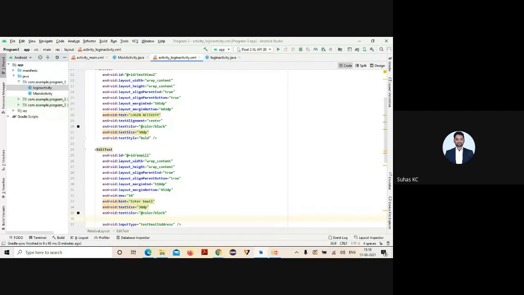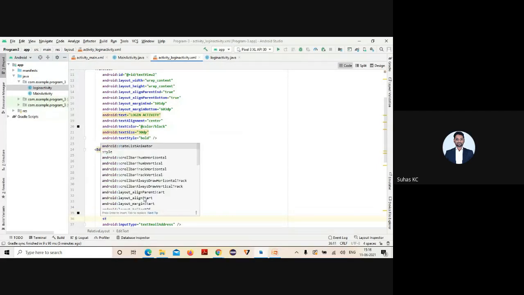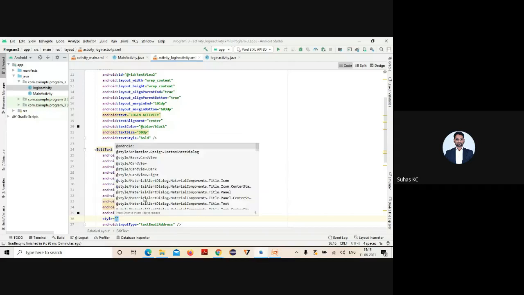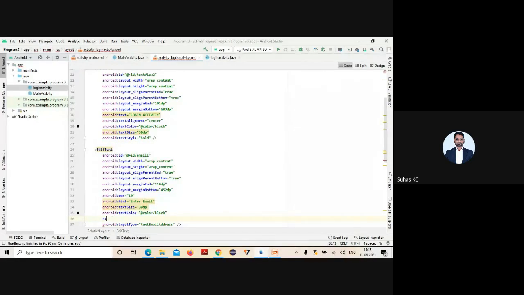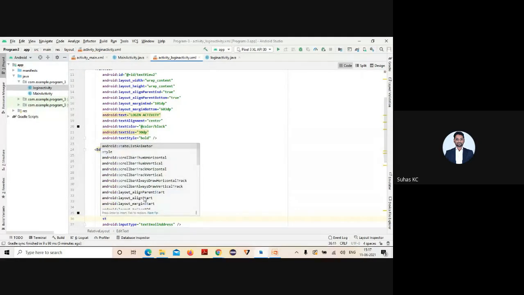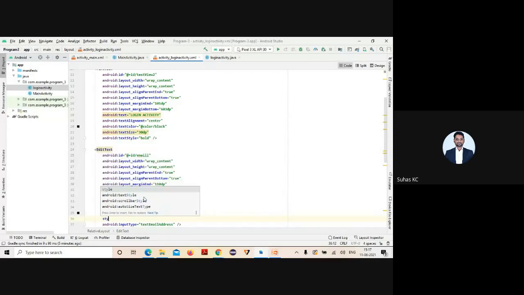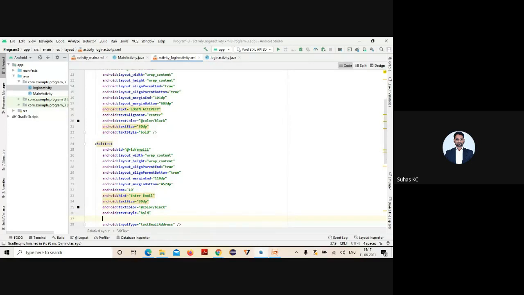Okay, and then you can change the style. Make it bold, and you want to align that one, text alignment. Okay, just keep it center.